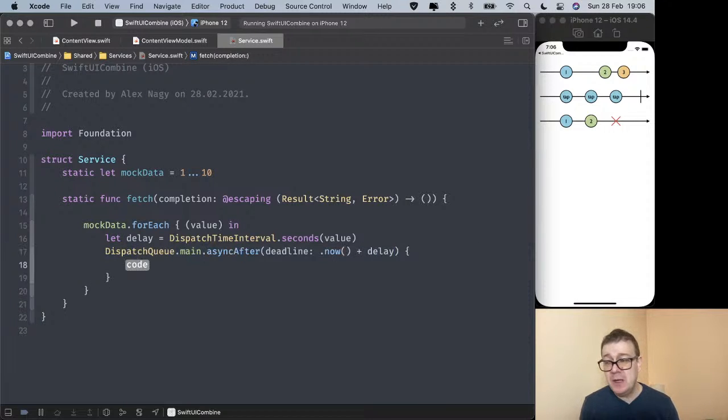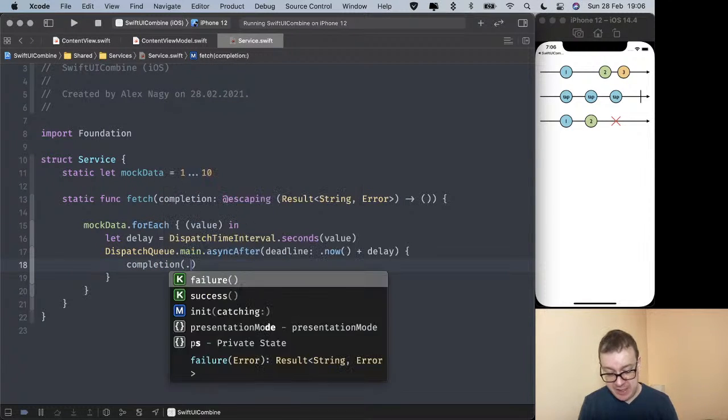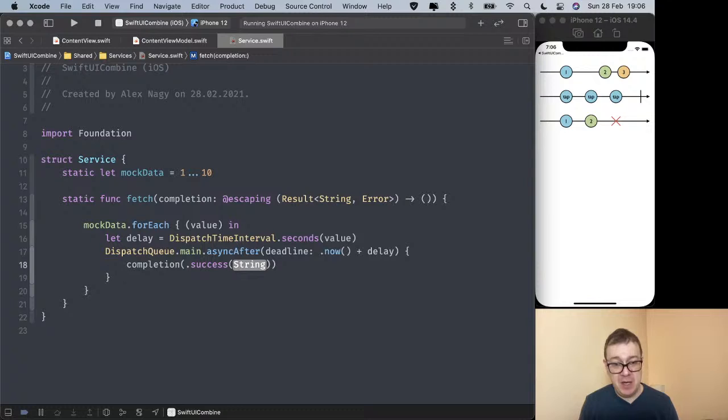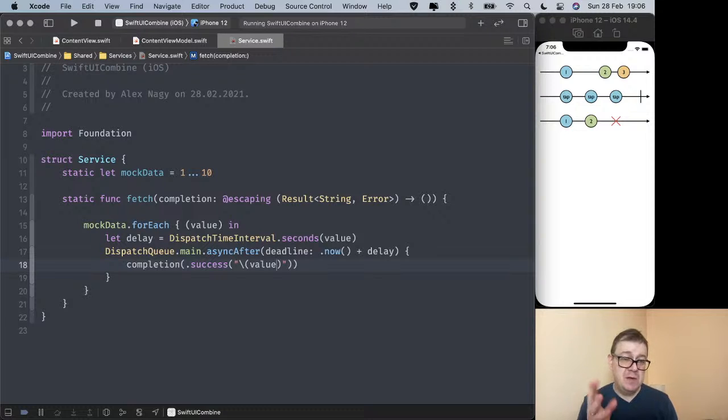Okay, what are we going to execute? Well, currently let's just go with executing the string value. I'm going to show you the error also. So just go completion and success and our value, but because this needs to be a string, I'm just going to go like this, string value. Okay, so now that we got our fetch, let's go back to our